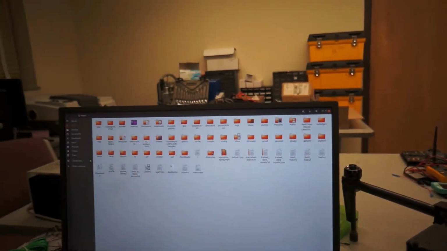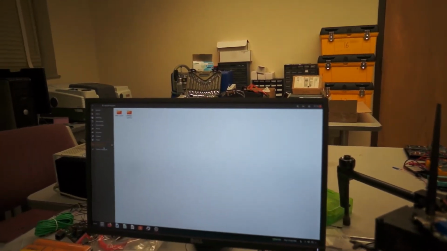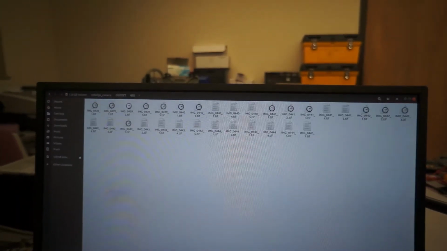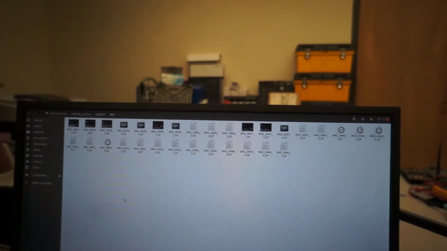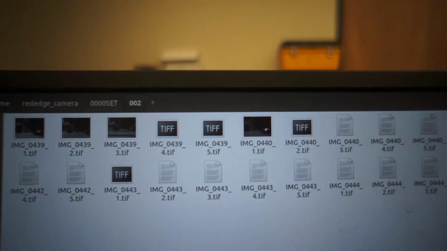Let's check how the folder starts filling up. As you can see, it's going into my drive here, and you can see those images being piled up over here, and you can see how this gets filled out.